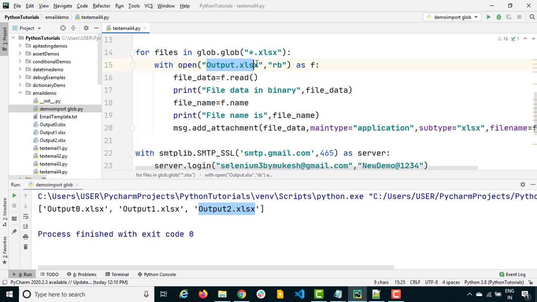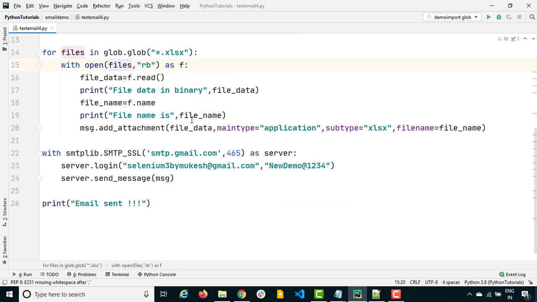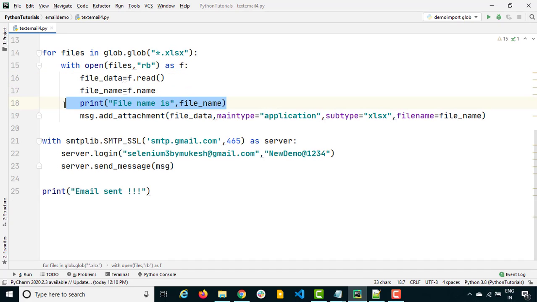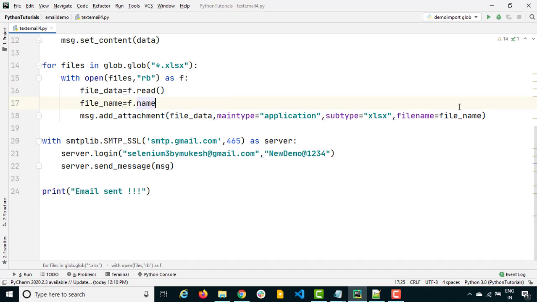Now earlier we were hard coding this, right? This time we don't have to hard code, because every time we will get a new file in the files variable, which is output 0, 1, 2. So let's remove this and simply add files. That's all. You don't need to do any other thing. Rest everything is taken care of by this code. It will just read the content and file name, then while attaching we will just give this main type, subtype and file name, and that's all. This time I also don't need to do this, guys, because this was just for your information. Maybe what we can do,